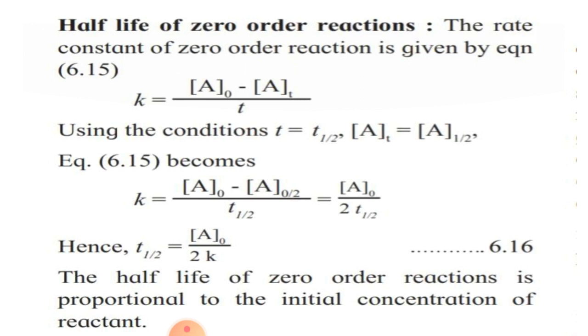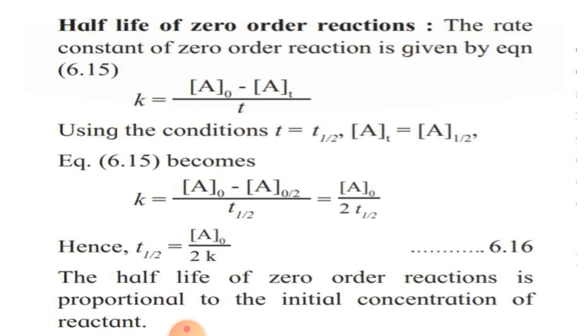Now what are we going to find out? We are going to find out the half life. What is half life? To remind you, student, we have studied earlier, half life is the time required for the reactant concentration to fall to one half of its initial value. When the concentration of the reactant at its initial position falls to half, that is the half life of the reaction, the time required for the concentration to fall to one half of its initial value.